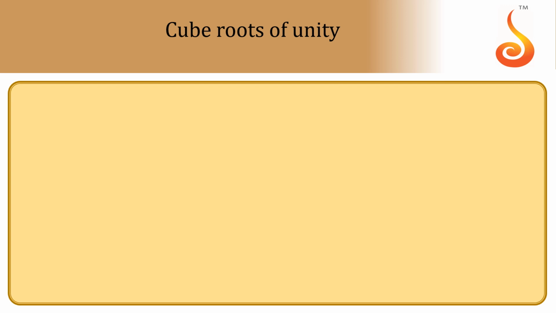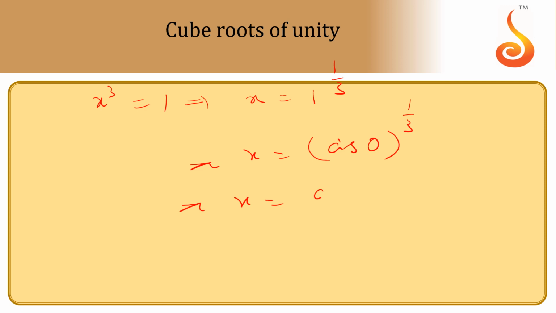Cube roots of unity. You know that cube roots of unity you can develop using de Moivre's theorem or the normal procedure also. So if you learn with de Moivre's theorem, it will be easy for you, which is 1 power 1 by 3 now. So you should write 1 as cis 0 in mod-amplitude form. Then x equal to cis 0. First you have to make general solutions for amplitude (2k pi plus 0) by 3, and k should be any 3 consecutive values.